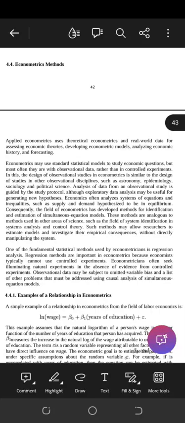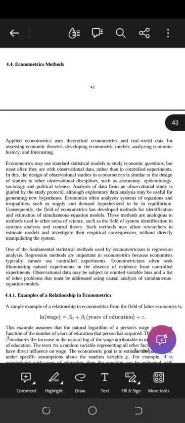Then when we talk about applied econometrics, it takes the methods that theoretical econometrics has built and applies data to them. So theoretical econometrics builds the tools, and applied econometrics uses those tools in combination with real world data. That's the same thing it just repeated here. Applied econometrics uses theoretical econometrics and real world data for assessing economic theories, developing econometric models, analyzing economic history, forecasting,